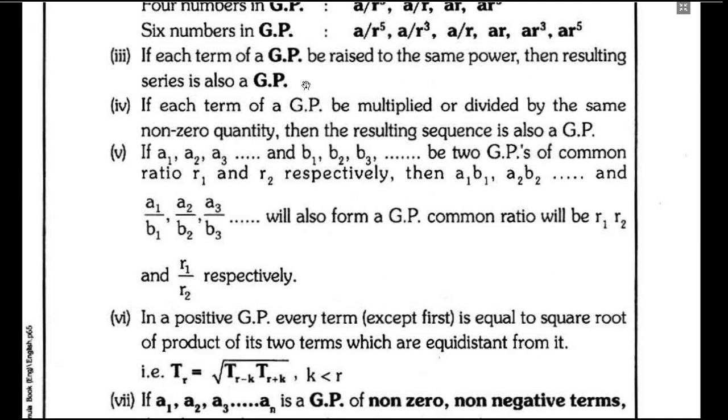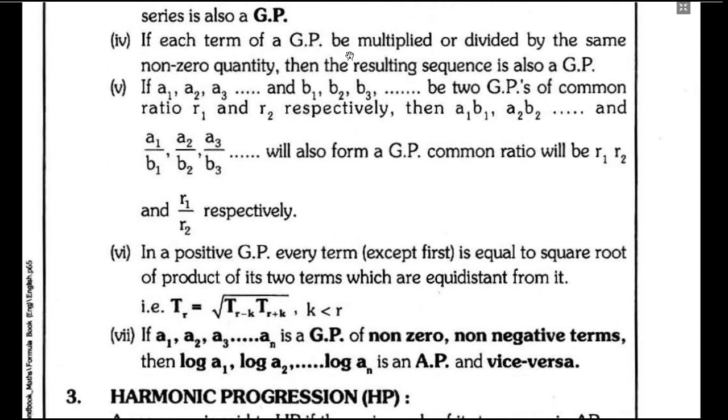If each term of a GP be raised to the same power, then the resulting series is also a GP. If each term of a GP be multiplied or divided by the same non-zero quantity, then the resulting sequence is also a GP. If A1, A2, A3 and B1, B2, B3 are two GPs of common ratios R1 and R2 respectively, then A1 B1, A2 B2, A3 B3 and A1 divided by B1, A2 divided by B2, A3 divided by B3 will also form a geometric progression, whose common ratios will be R1 into R2 and R1 divided by R2